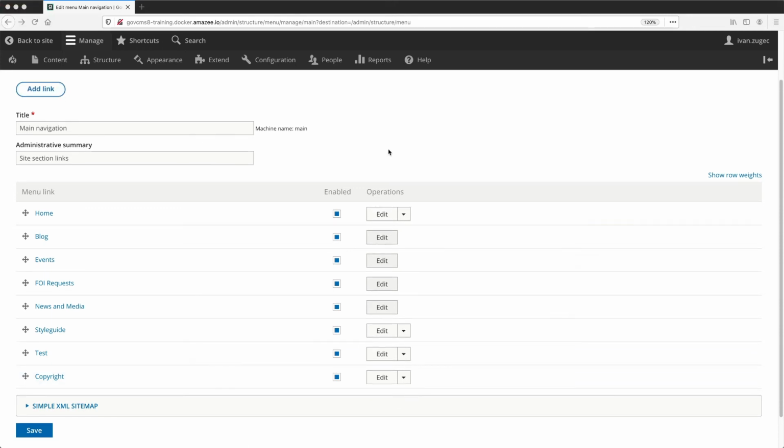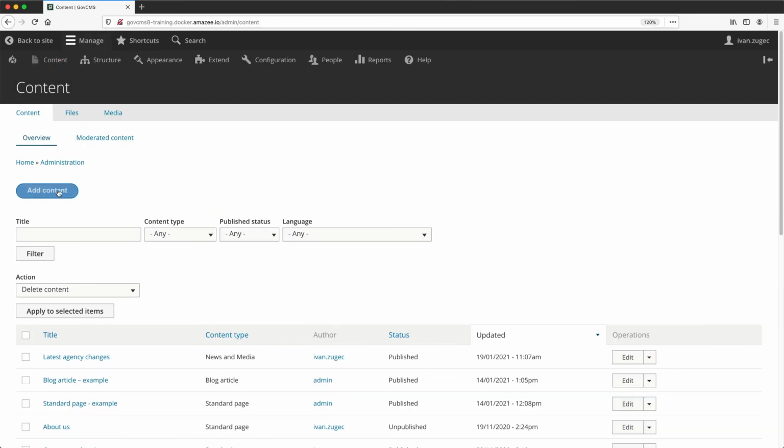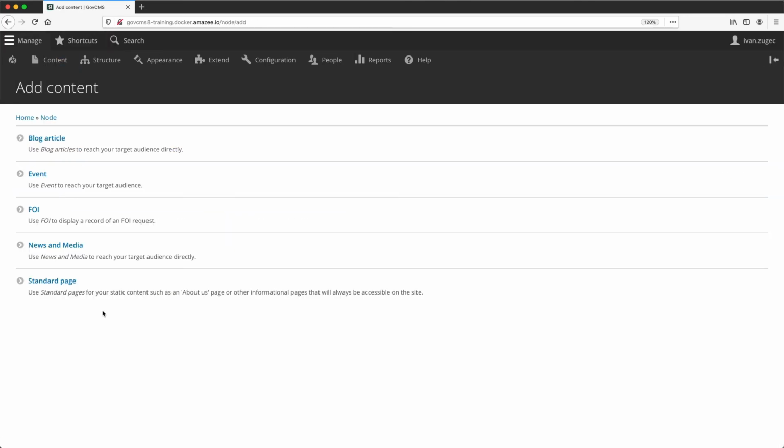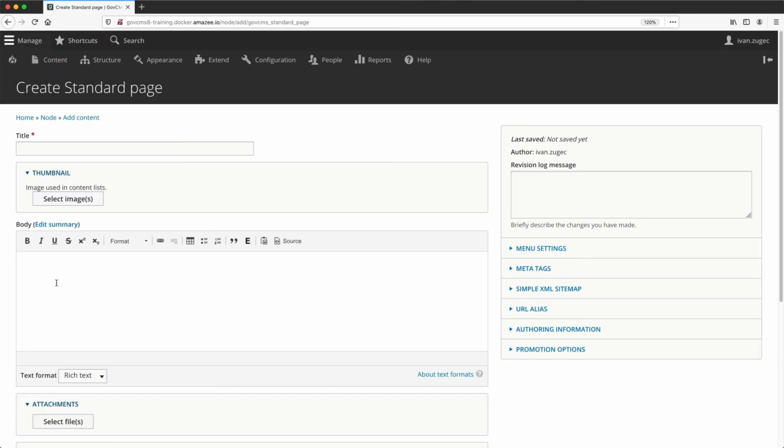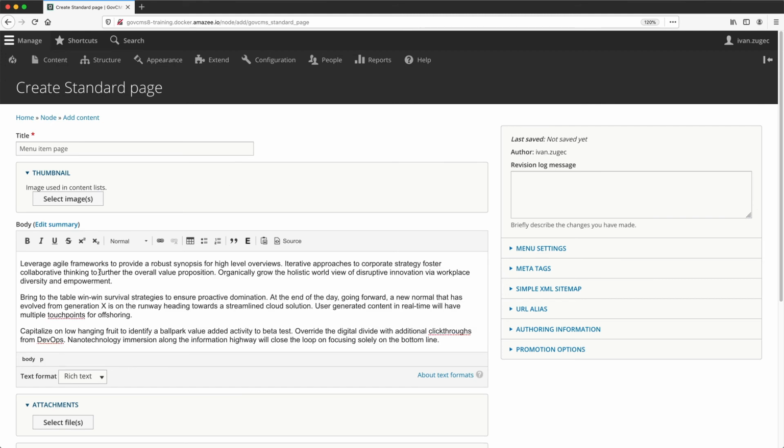So we've looked at how to manage menu items from this listing page, but now I want to show you how to create a menu item from the content edit form. So when you are creating a standard page, you can create a menu item for it. Let's go and create a new page. So click on Content, Add Content, and click on Standard Page. I'll enter in Menu Item Page as the title, and I'll also paste in some random text into the body